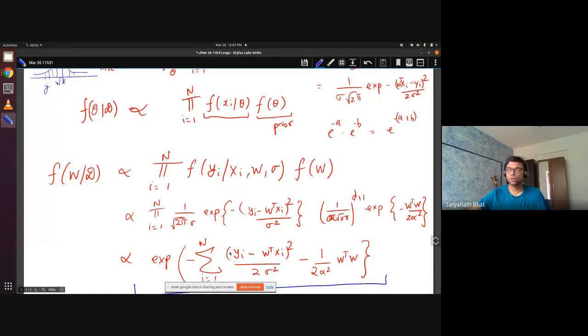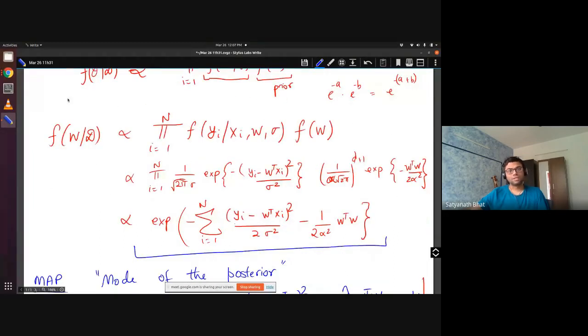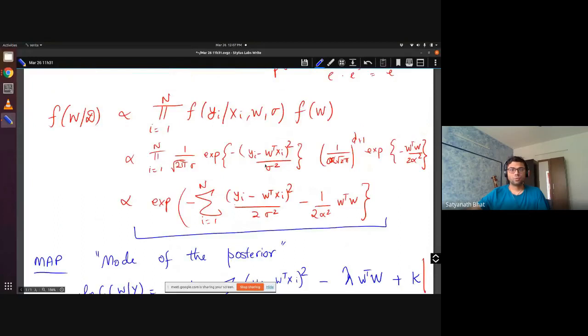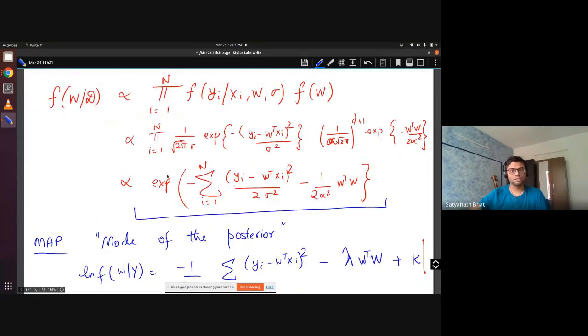I have already asked you to do something very similar, so you may go and check your assignments. There is an exact question which asks you to find the posterior. Once you find the posterior, this is again a Gaussian distribution, because when you multiply two Gaussians, you again get a Gaussian distribution. When you have expressions with e power, you can always combine the e power terms and you will get a Gaussian distribution. So this is your posterior: f of w given D is some Gaussian with these parameters.